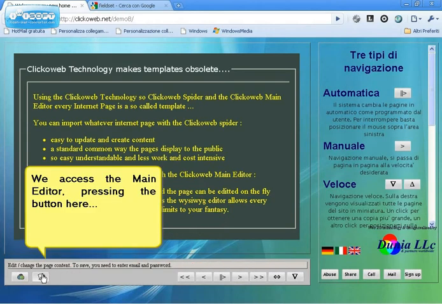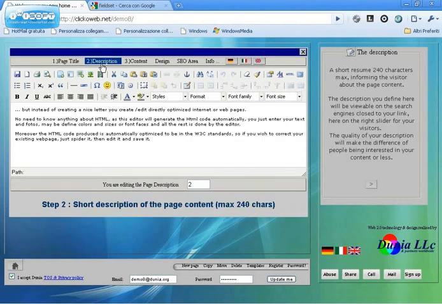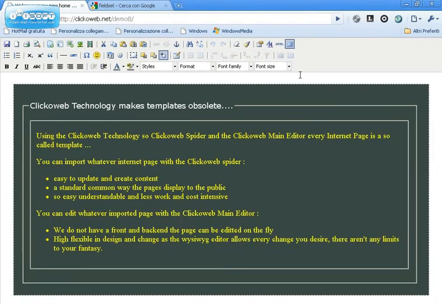Well, let's see what I introduced with our eyes. We are going to open the main editor. And here's the main editor. We divided the main editor into different parts. So the page title you see here, the page description, which has a great relevance for search engine positioning, and now the content in the compressed view, but we are able to enlarge it to full screen, which allows us a better